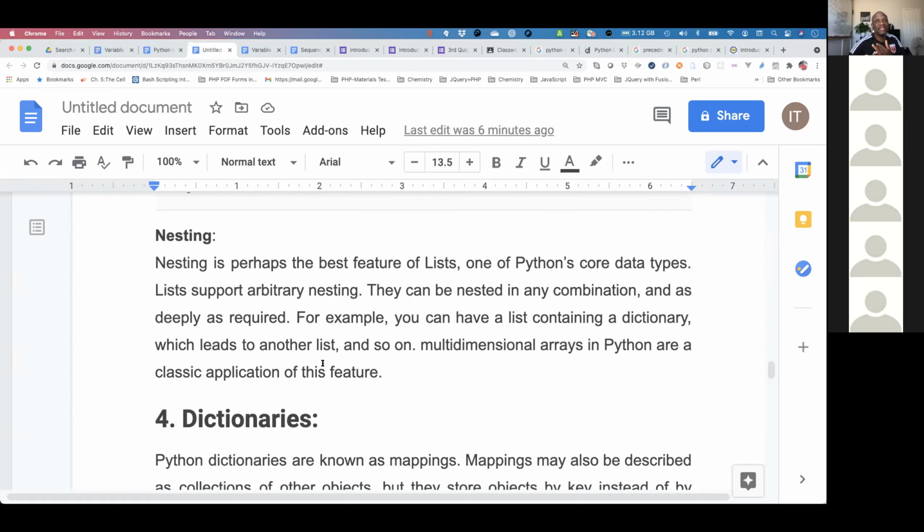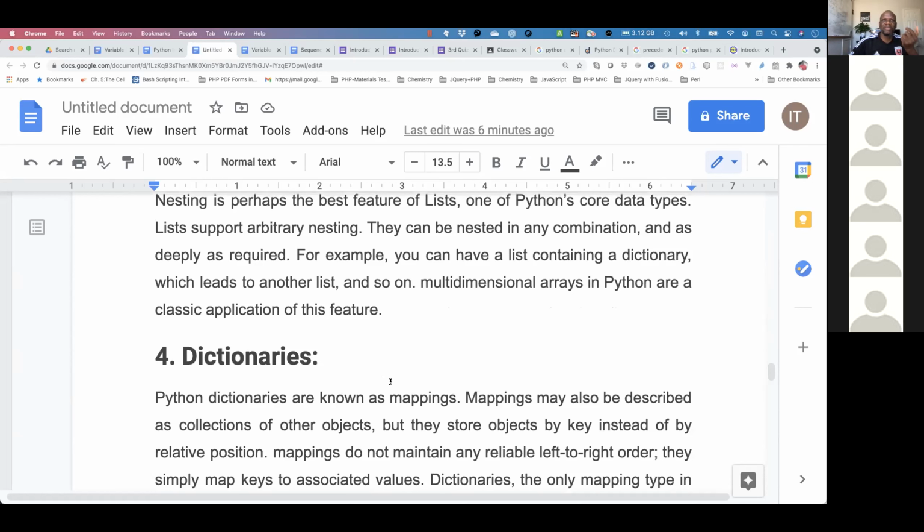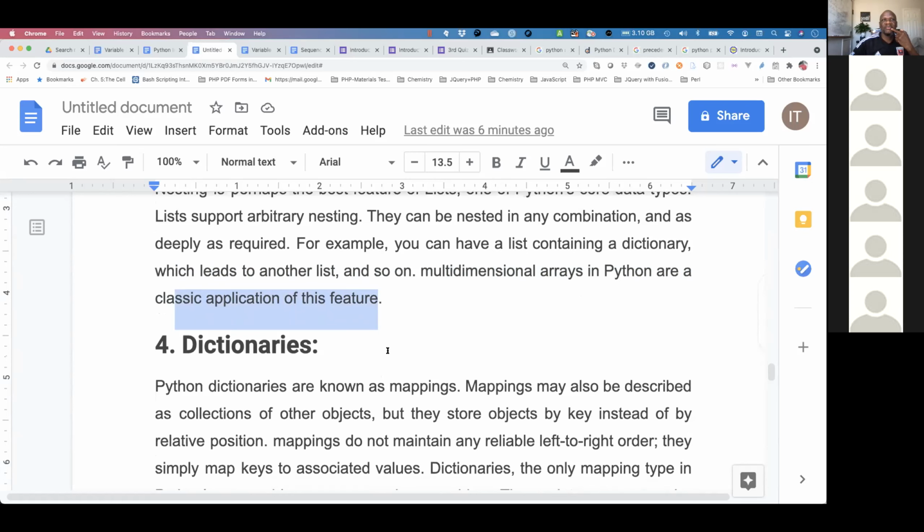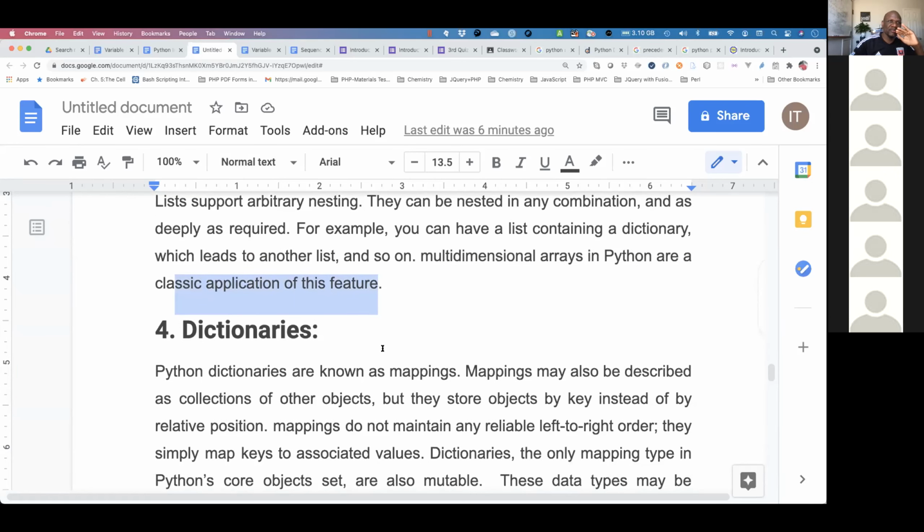Now they can be nested in any combination and as deeply as you want. For example, you can have a list containing a dictionary, which leads to another list, another list, another list. So multidimensional arrays in Python are a classic application of this kind of feature. Okay. So remember, I did not even say arrays, because arrays, we don't count among the core data types